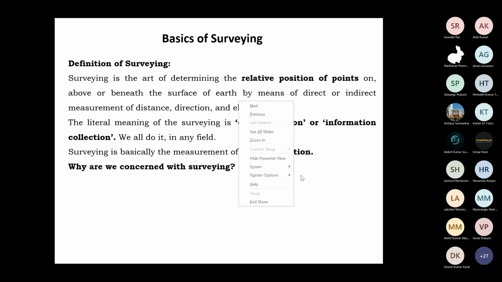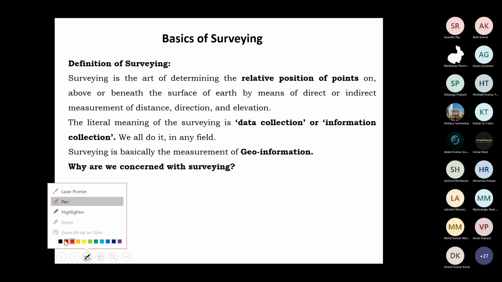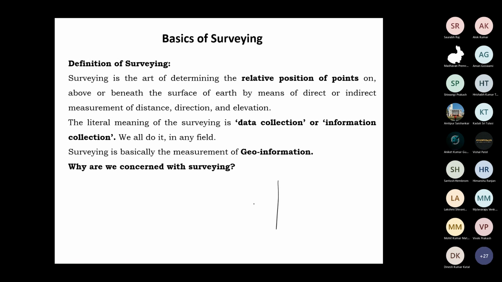Let me make you understand. If I say this is (0, 0), okay? Are you able to see the screen? Yes, sir. So if I say this point A is (3, 4), when I show that (0, 0) is my origin, then based on that I can establish A, or any point, relatively in the Cartesian system. So that's why it is relative position.